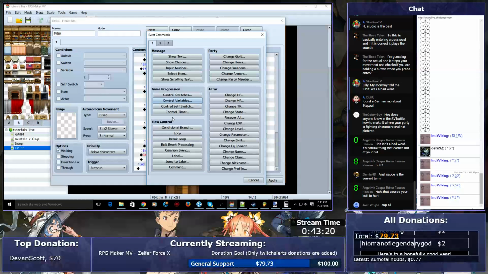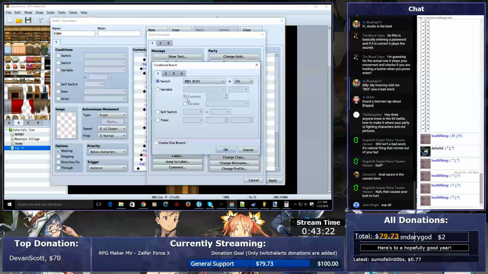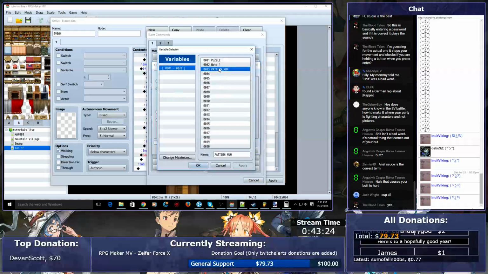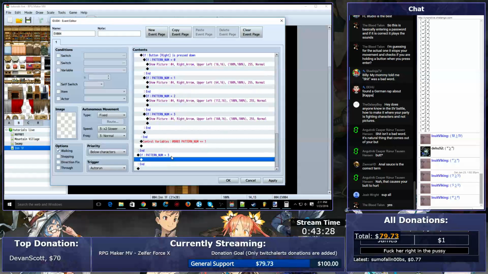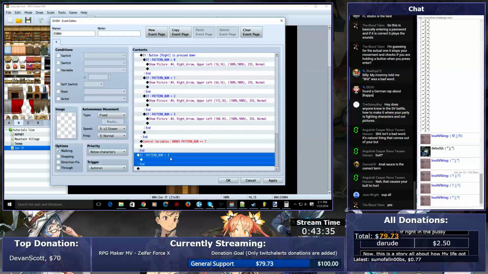All right, so now at the very bottom, underneath all that, we're going to do conditional branch. If pattern number is equal to 3, which means you finished all 4 inputs because 0 is 1. Okay, good, you're still here. I'll explain it all again once we're done to make it more clear. But if we're complete,